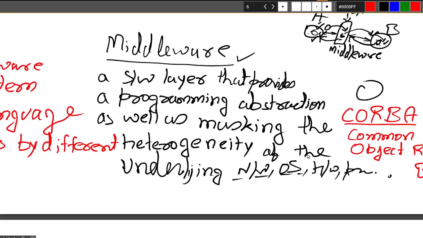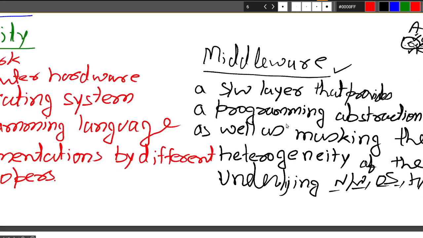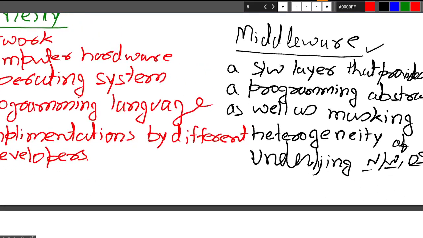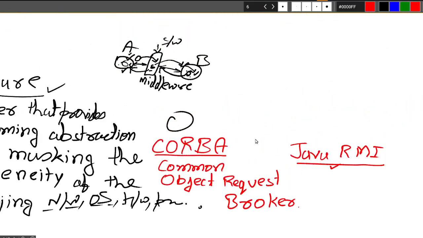In later chapters, we will see some more on middleware. Some of the examples can be CORBA, Java RMI. Any questions for now?